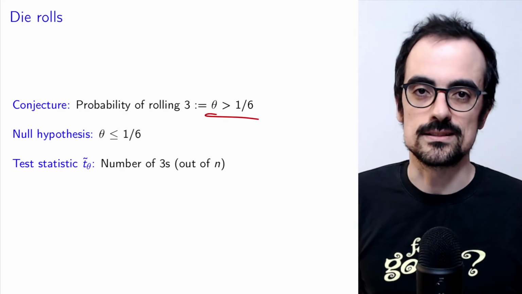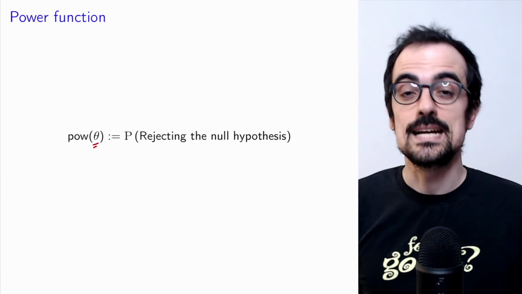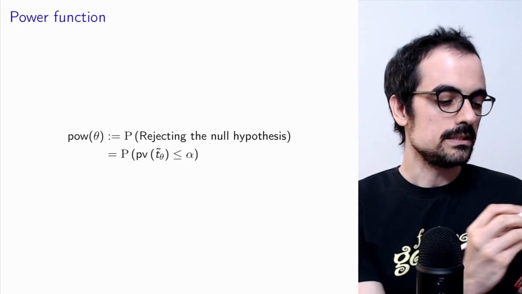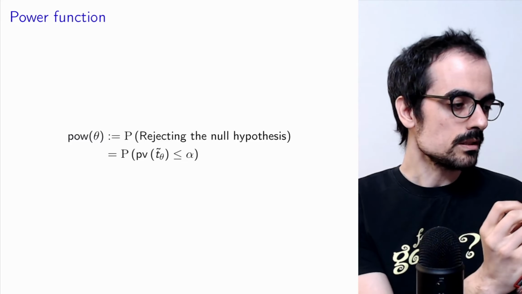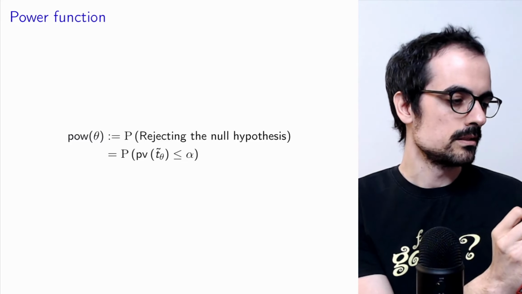The power function is the probability that we reject the null hypothesis for a specific value of theta, as a function of theta, as a function of the probability that the die lands on a 3. This is the probability that the test statistic, which is the number of threes, when the probability of a 3 is equal to theta,